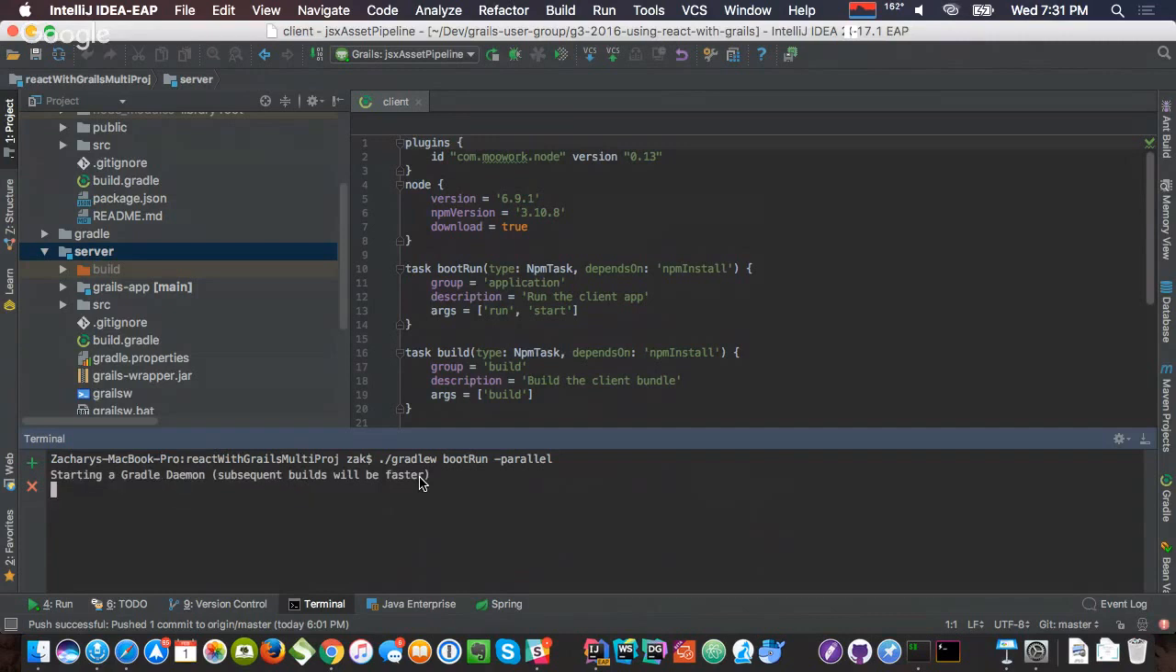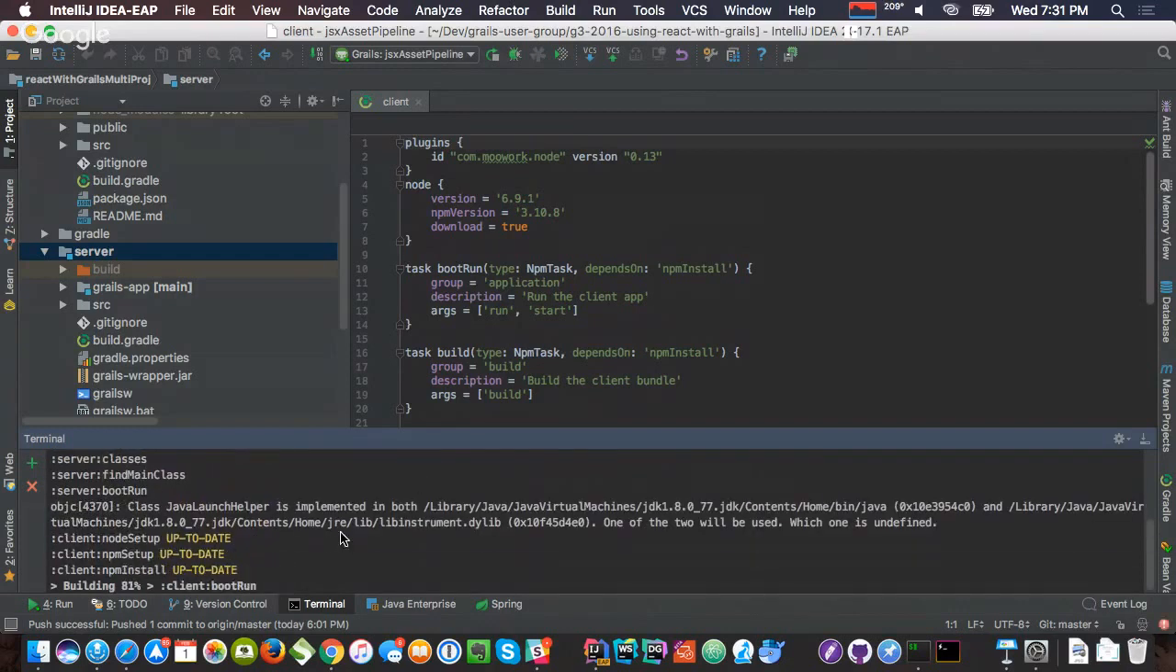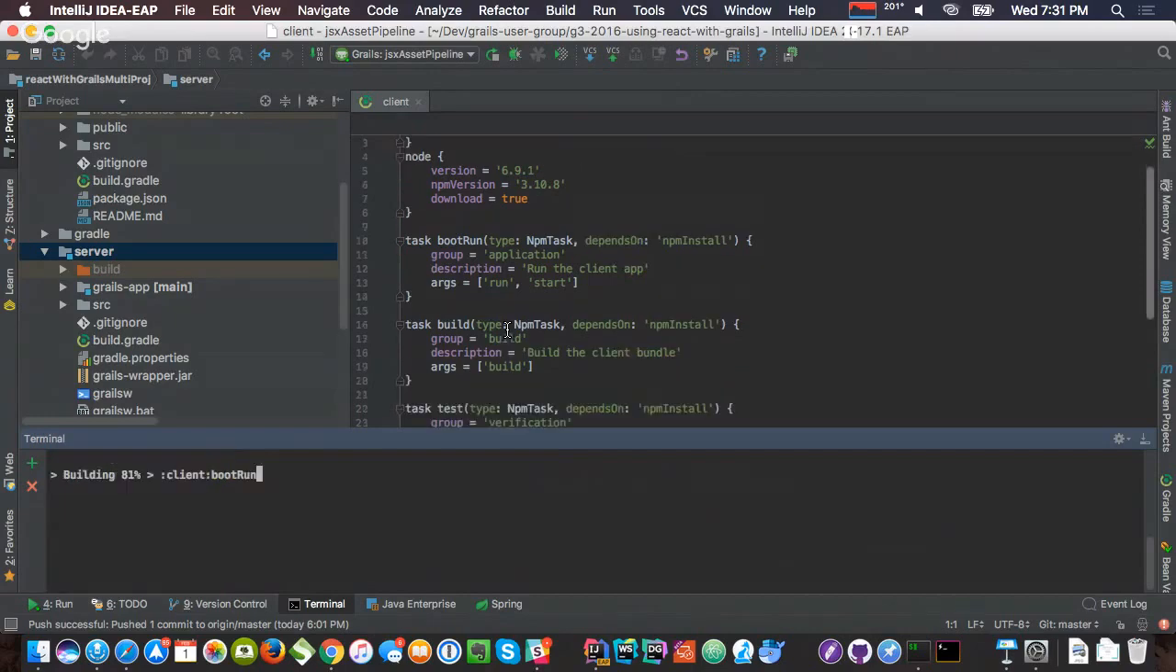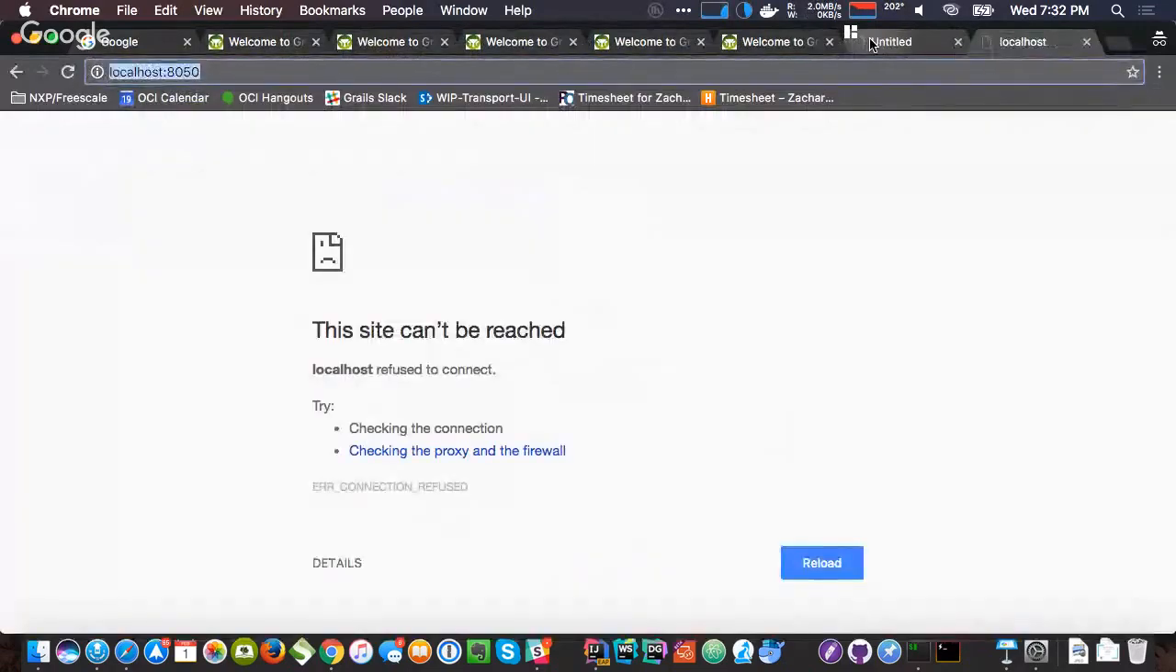And this is going to start up both the server project and the client project simultaneously. I found the server tends to start up first. Yeah, the Grails server is already up and running. So the npm, there we go. Okay. So before that loads, let's go ahead and load the server. So this is the Grails,